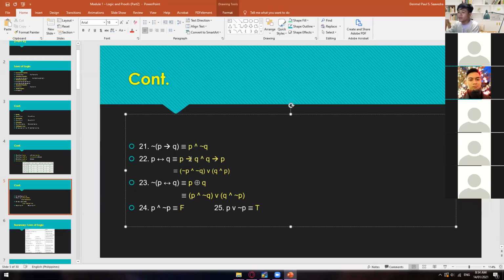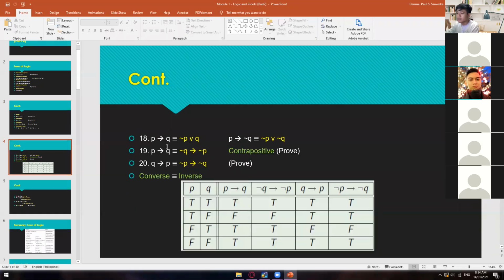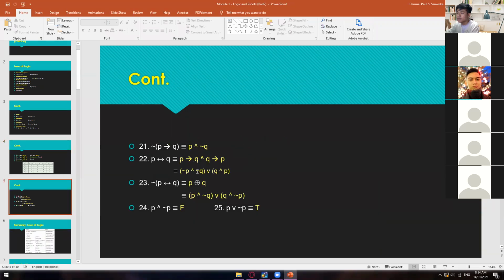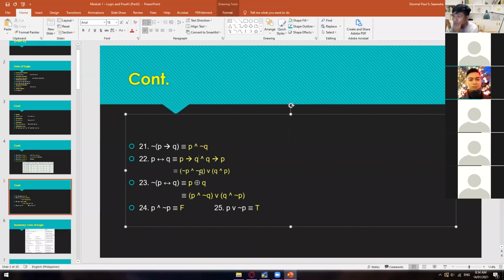So again, tama ba? Hindi pala to contrapositive. Teka lang, hanapin natin. P or Q, stay as it is. Ito lang naman. Pero, check natin. Not P and not Q, or, Q and not P. Sorry. Hindi pala siya contrapositive. Okay. So, eto. Pero bakit ganun? And then Q and P. Okay, so I think